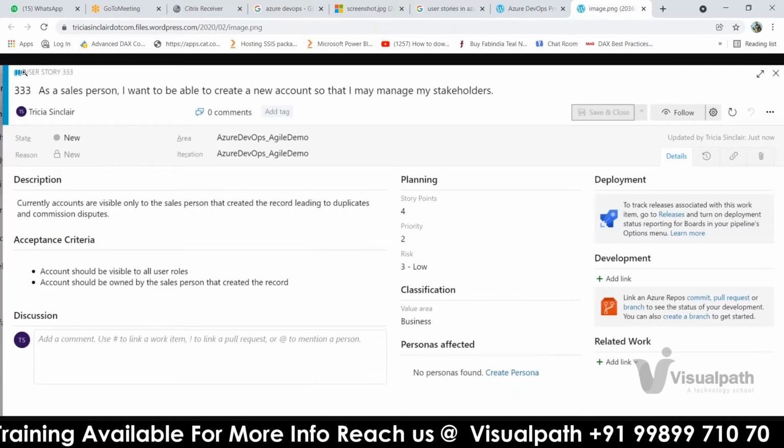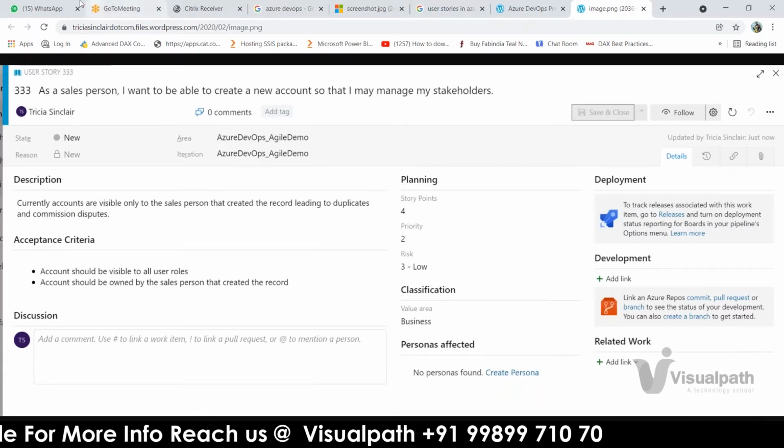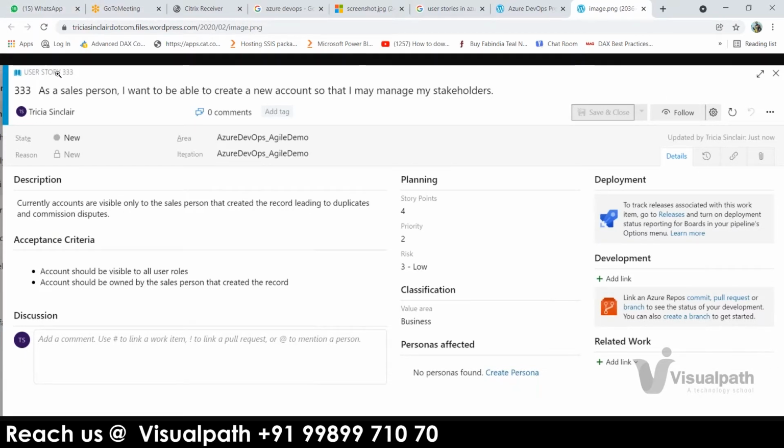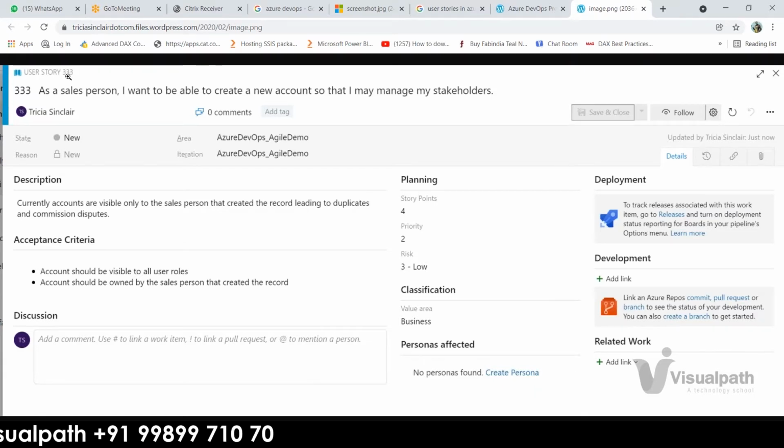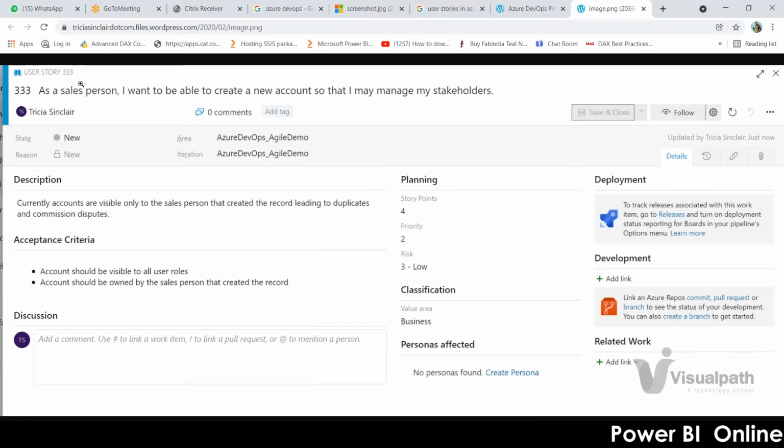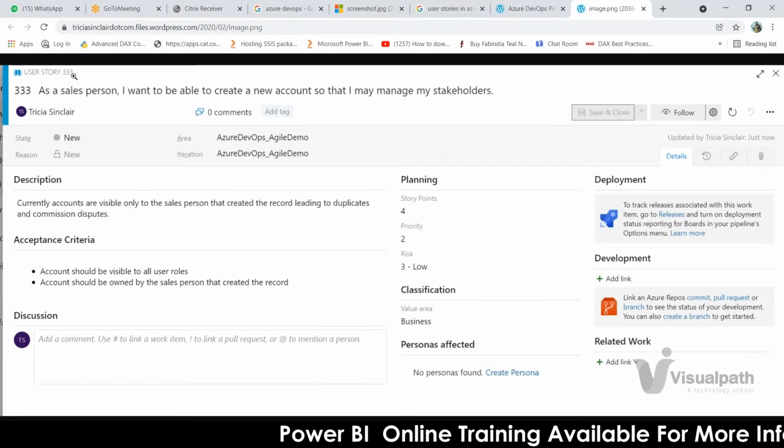This is the screenshot of a user story. You can see here the heading, user story, and every user story will have its own unique number. One particular number cannot be given to multiple user stories. So every user story will have its own unique number.